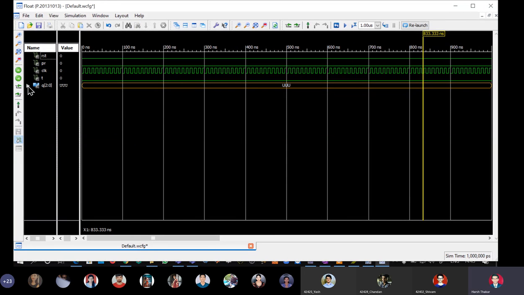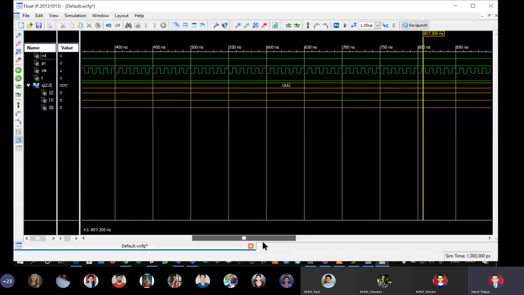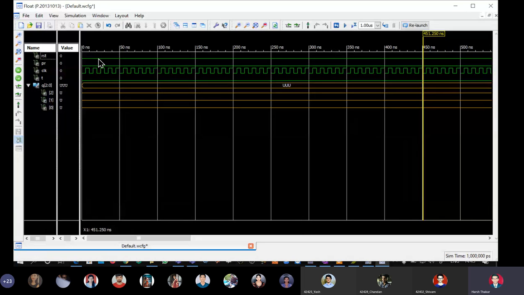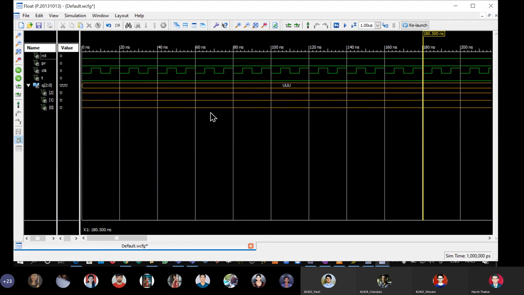Fine. So what is the output and why? You see here, it is clearly visible that my system is negative edge triggered, and reset and preset are 0. So the counter should actually increment itself. Here the clock is running, but why is the counter not incrementing itself? Who can tell me if you have understood the operation? Why is the counter not incrementing every falling edge of the clock? What is the main reason?